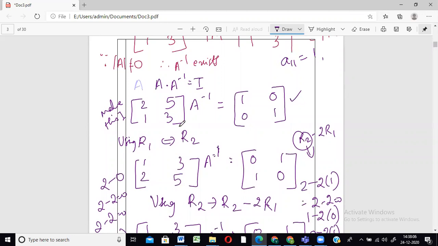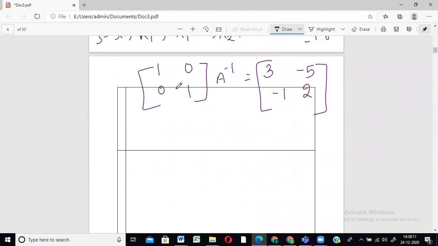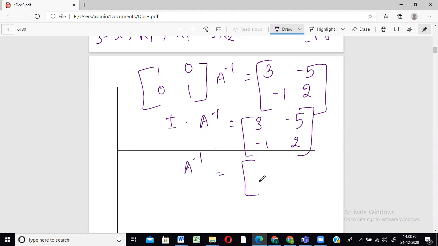After suitable row transformation, we have converted this entire matrix to an identity matrix. Now I've told you already, identity is like 1. तुम 1 से कुछ भी multiply करते हो तो वही answer आएगा. So now what will be I into A inverse? I into A inverse will be nothing but A inverse only, because as I said, it's like identity, और उसको किसी के भी साथ multiply करो वही answer आएगा, right? So the final answer of A inverse is 3 minus 1 minus 5 and 2. Okay, I suppose this is clear.